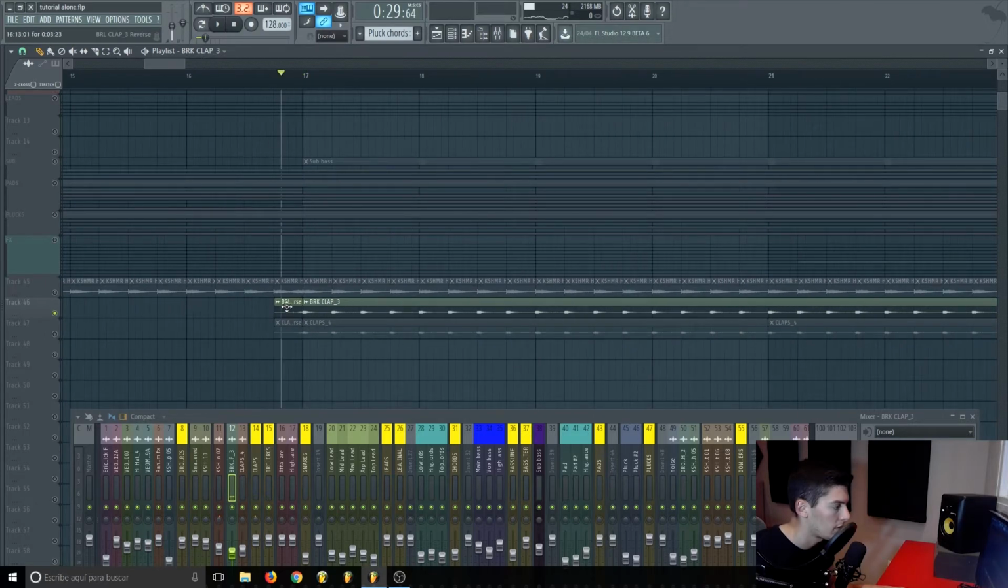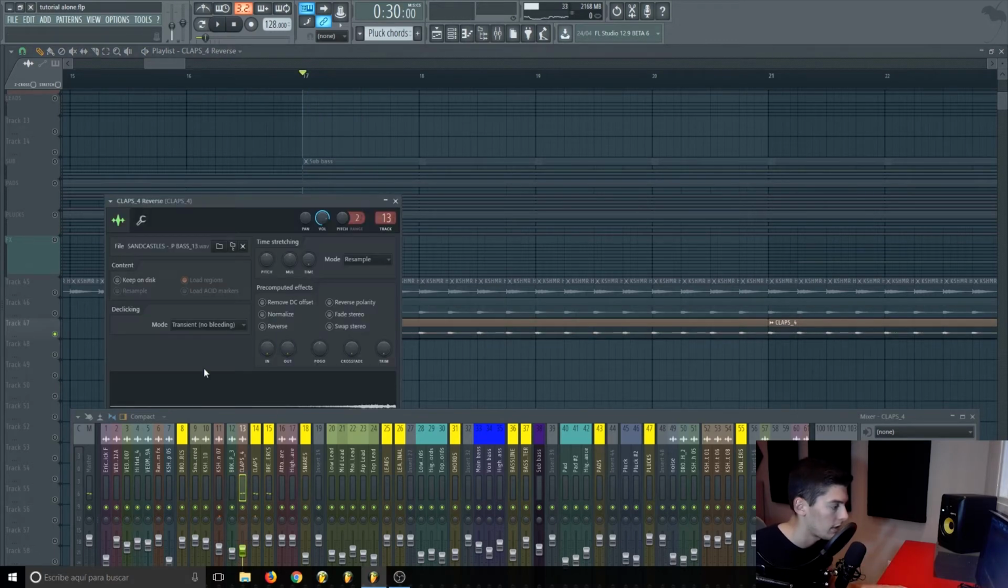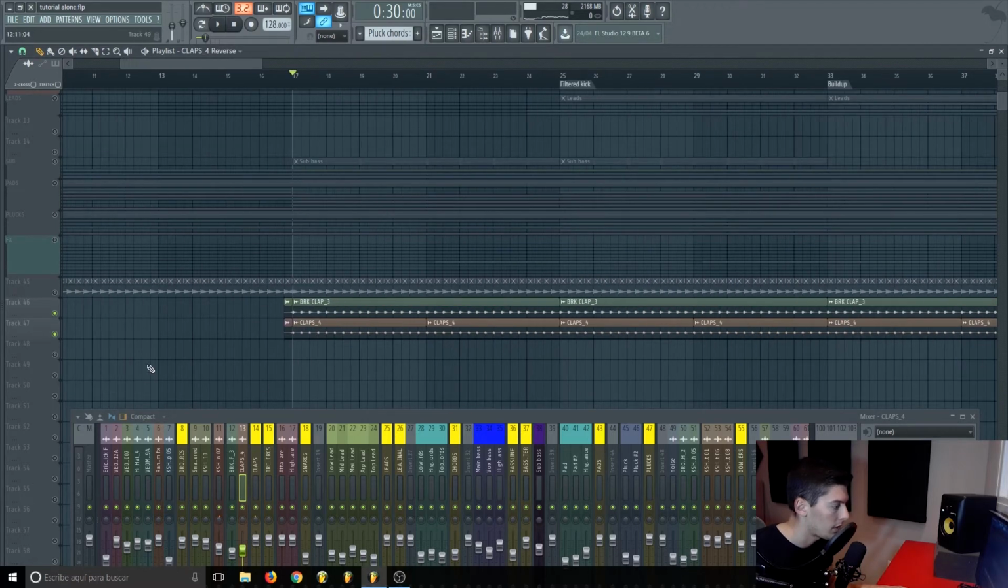I did the same with the reverse thing, okay, but these claps needed a bit of highs, okay, and it wasn't enough if I just boosted with the EQ, so I found these ones that have a lot more high end, okay, and also the same thing with the reverse. So if we play both together,